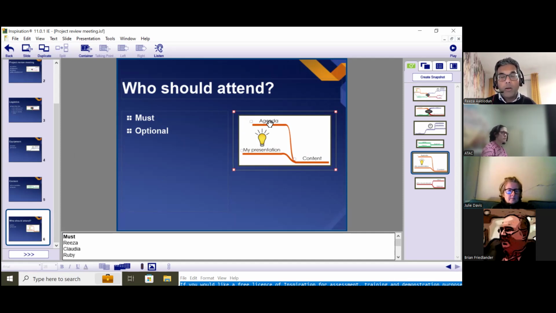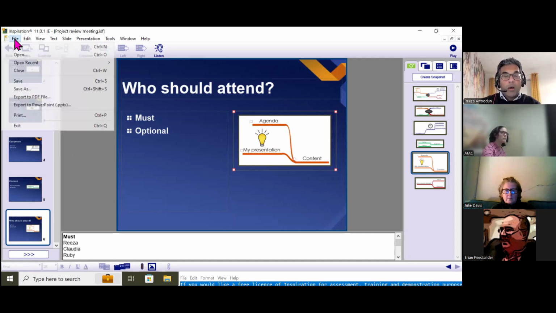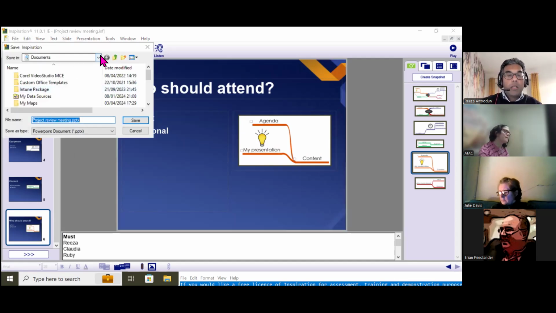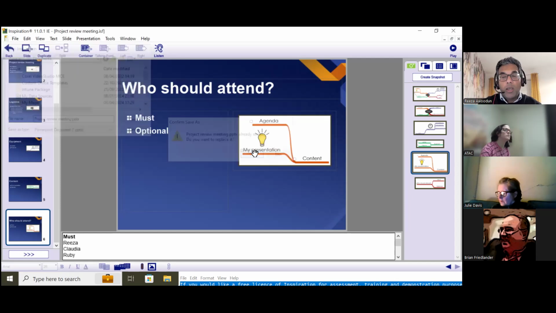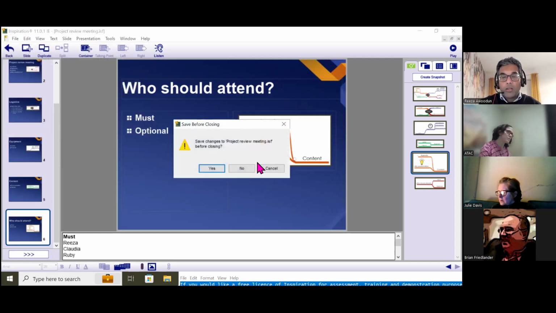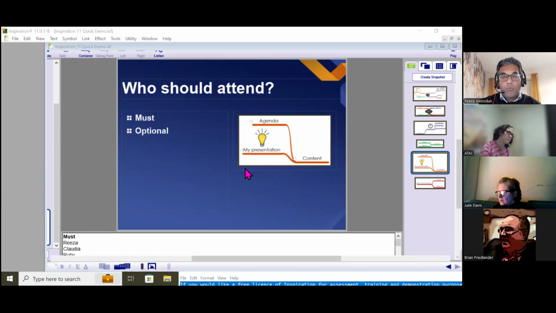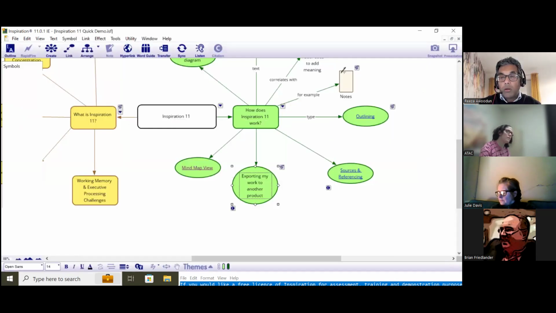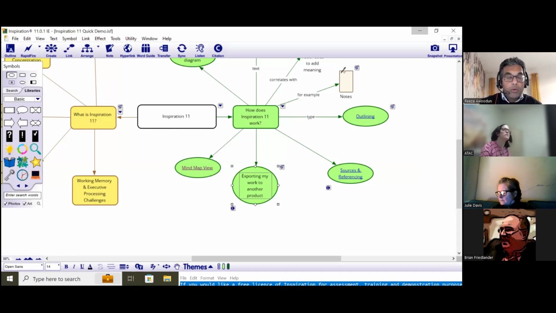So quite quickly, I've got a very nice presentation, which I then can export. I can export to PDF or export as a PowerPoint file. So I'll just save it to my computer, and then I've got my slides, which I can then present from. So if I then open it up,